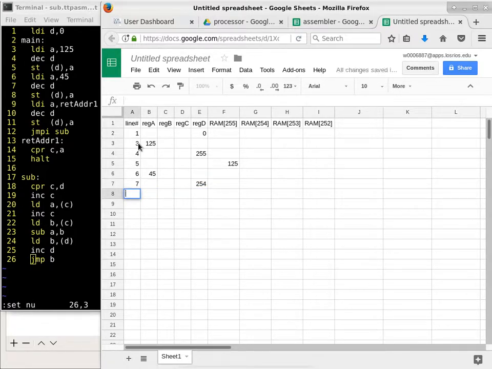Line 8 is storing A into D. D is 254, so RAM 254 is updated to 45. Line 9 is to put that label, return address 1 into register A. So I'm just going to say this is RA1, return address 1. And because I'm not going to resolve that label,